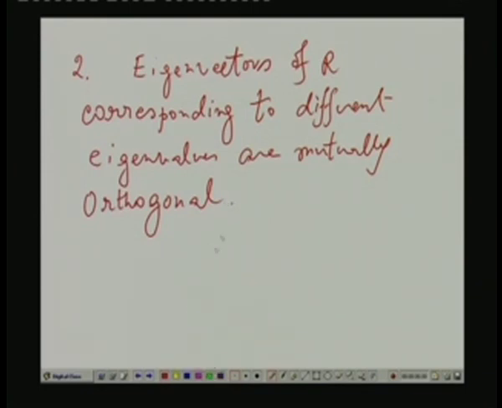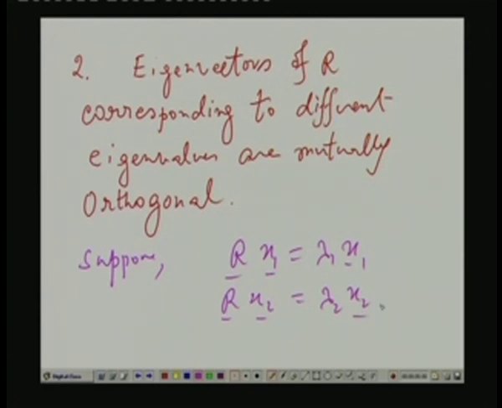It means, suppose R x 1 is lambda 1 x 1 and R x 2 is lambda 2 x 2, and lambda 1 and lambda 2 are not the same. That is, x 1 and x 2 are eigenvectors, all right, but they are eigenvectors corresponding to two different eigenvalues of R. One is lambda 1, another is lambda 2. Then it says that x 1 and x 2 are orthogonal, meaning